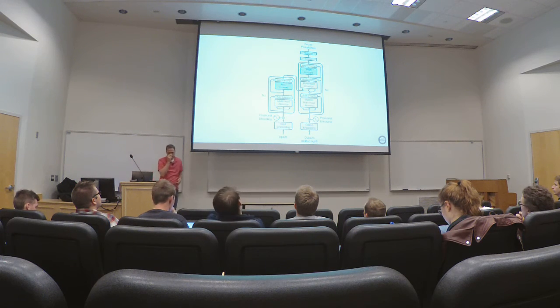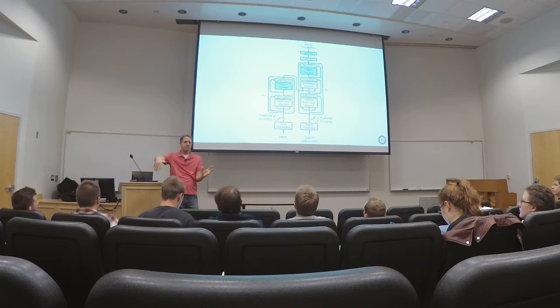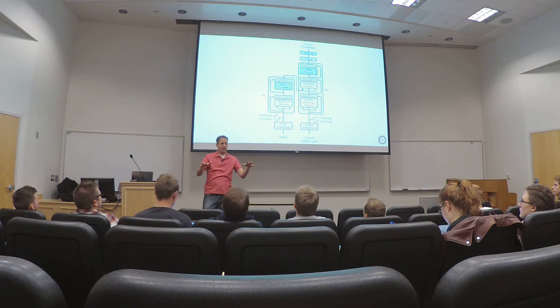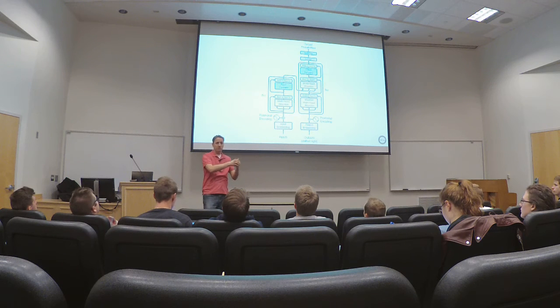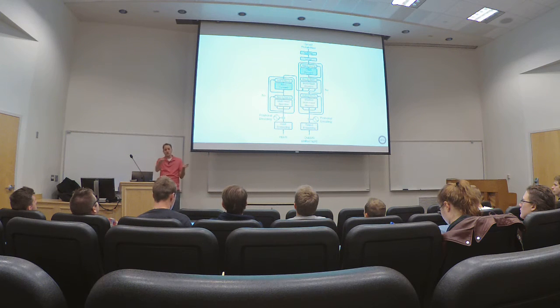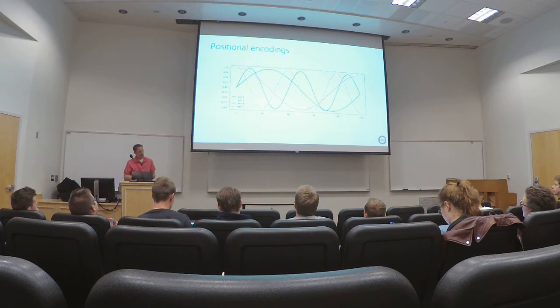The positional encodings are necessary because if the network wants to take advantage of the specific position of a word, it doesn't know how to do that because we've parallelized everything. And so what we do is we give the network an additional representation of where the word was in the sentence, and it can then learn to extract features from that if it feels like it's useful. The specific representation they use is this sine wave thing, where depending on your position in the sentence, it's essentially a combination of sines and cosines, which I thought was interesting. So this is almost like a Fourier decomposition of a one-hot encoding of the position, which, cool.